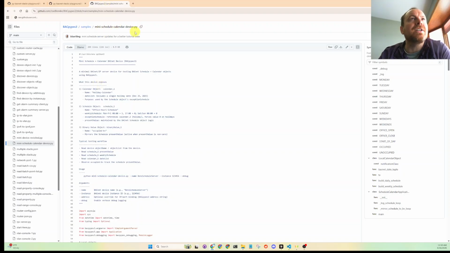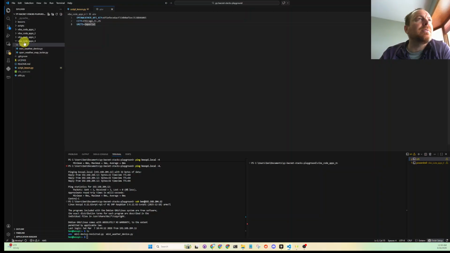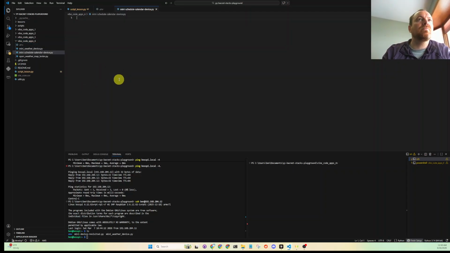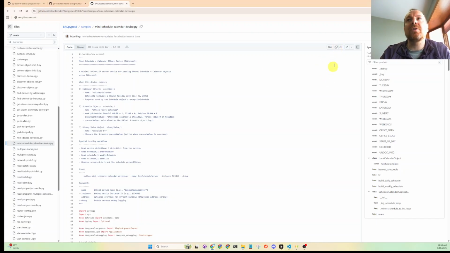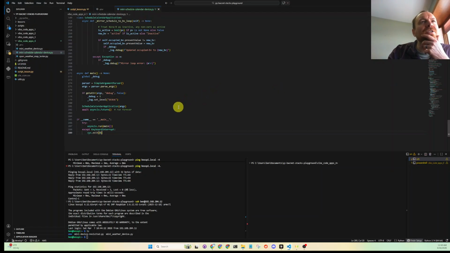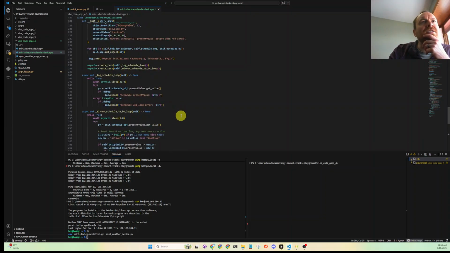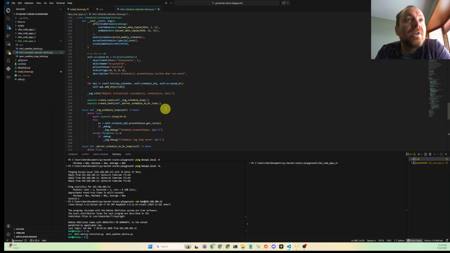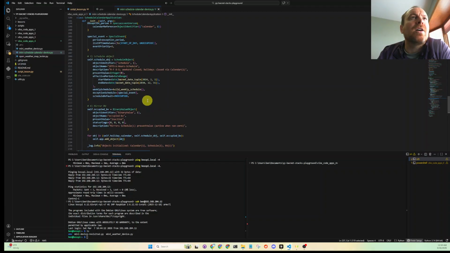Okay, our mini calendar device. I'm going to copy this and create it in our vibe code app 4 section, a new app to play around with. Let's copy some code. I probably won't get into this too much, but this is very similar to the OpenWeatherMap code base, but